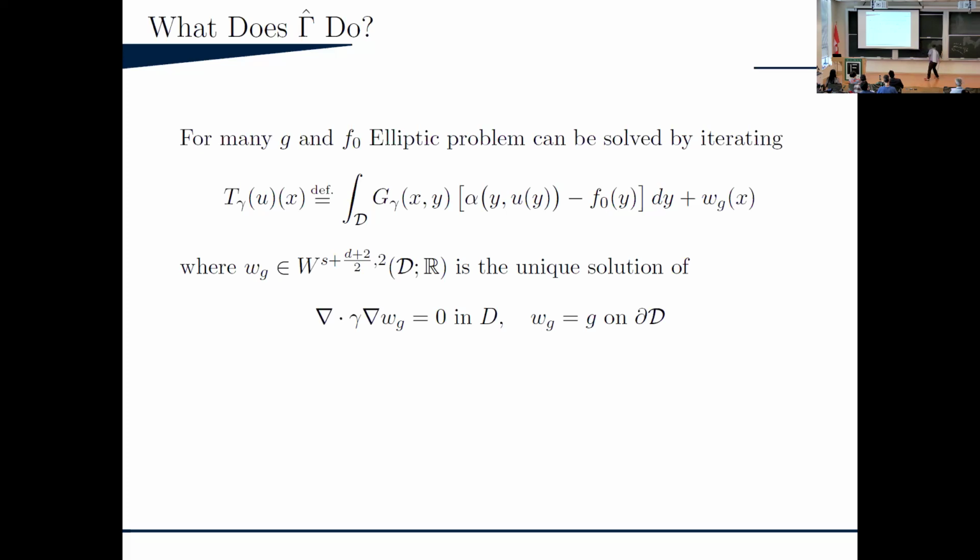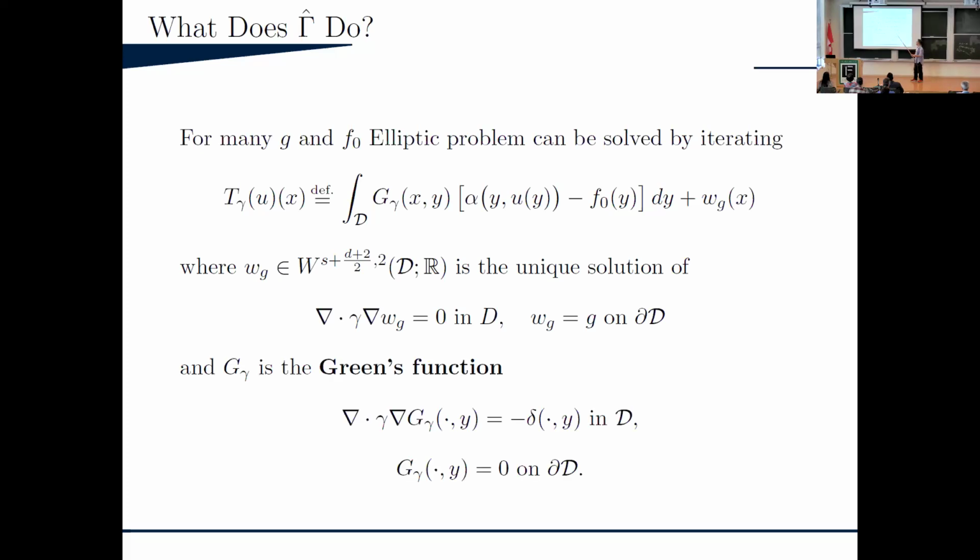Let me use a Sebastian stick. So this guy solves the following elliptic problem. That's not really that crazy, but here's the really beautiful part. This guy is the Green's function associated to my elliptic operator, right? Or yeah, without the F0.